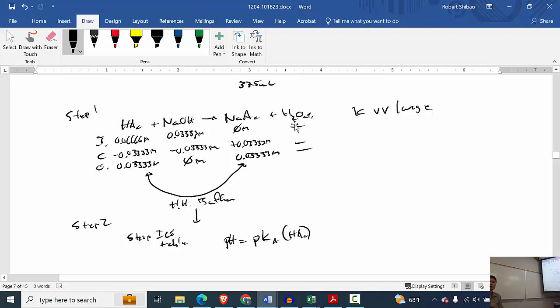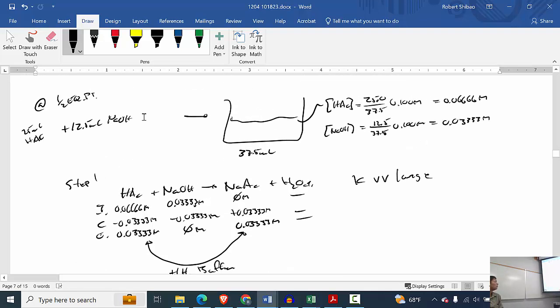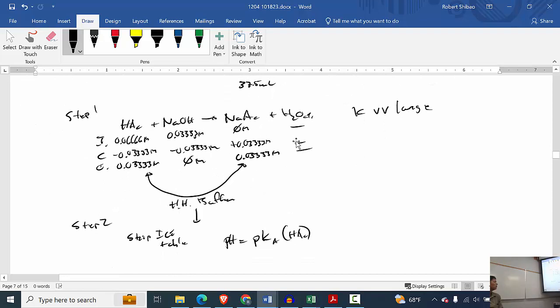Doing the titration calculation, weak acid plus strong base, the half equivalence point. I did my step one, which is a solution dilution. In step one here. And then